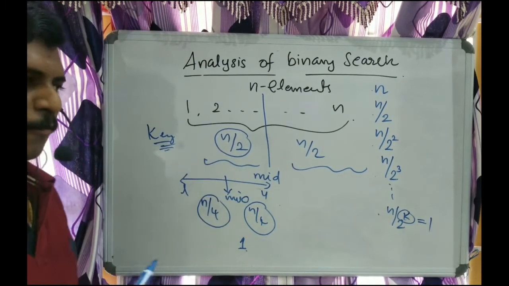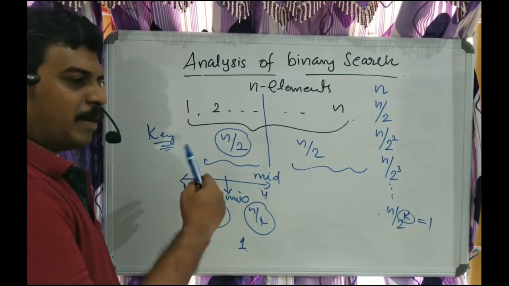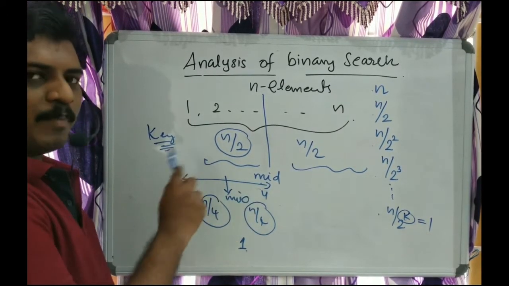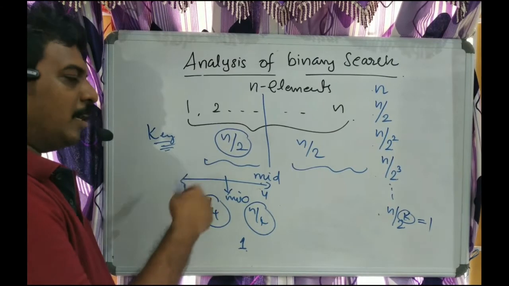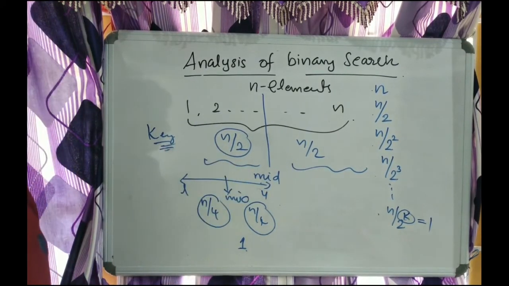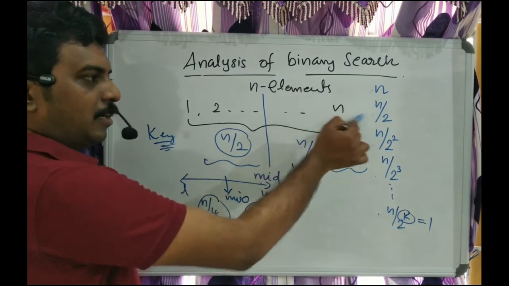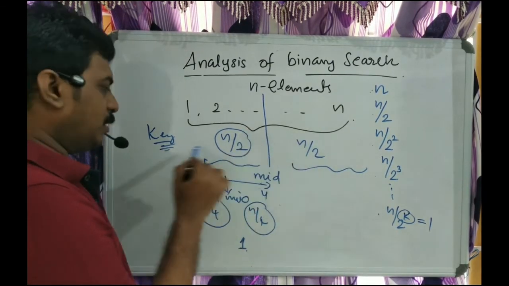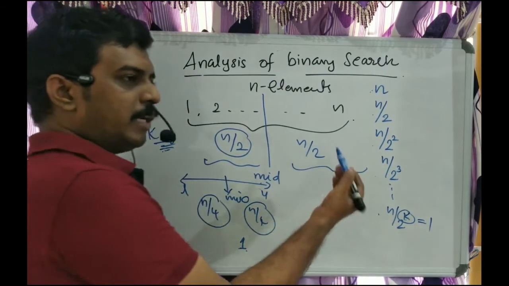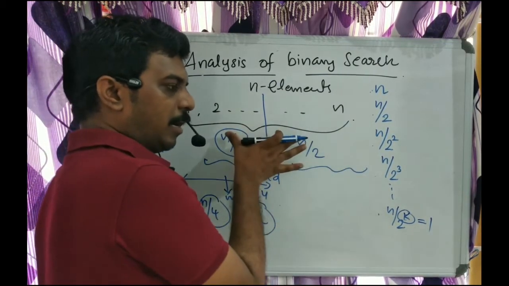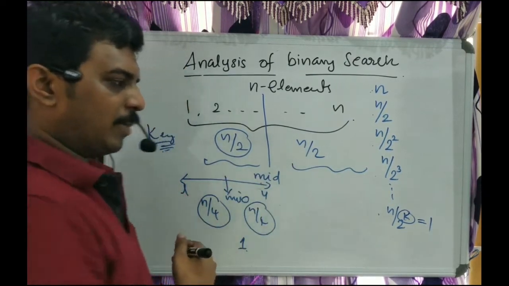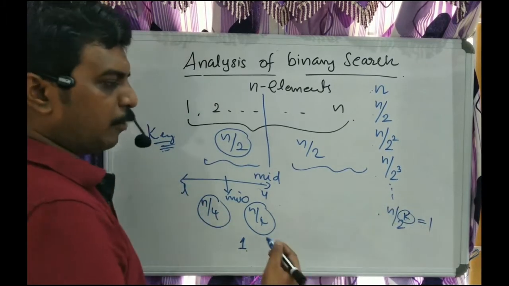That is the complexity of binary search, because in each partition we compare the key element with the middle element. The number of comparisons that we are making is the complexity of this binary search. So in each division or partition, the key element is compared with A of mid. How many times we partition the array will be the number of times the comparison takes place. So we need to find out this k. How can you find out this k?